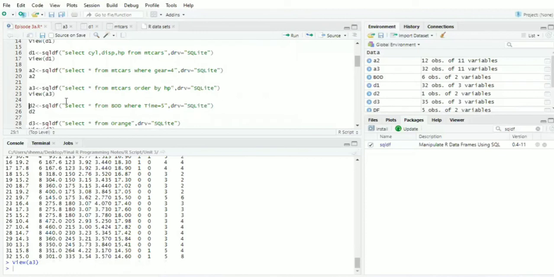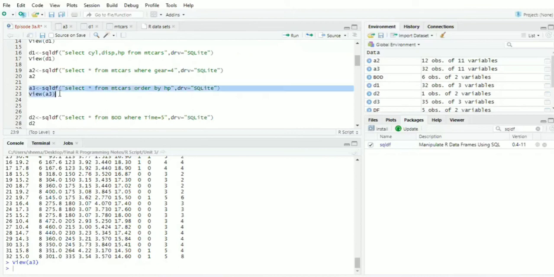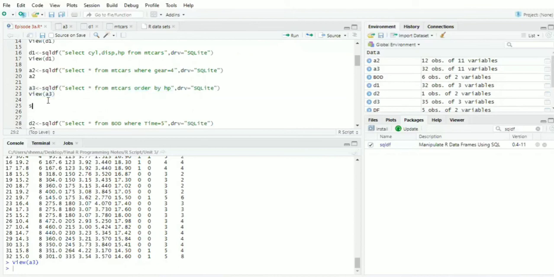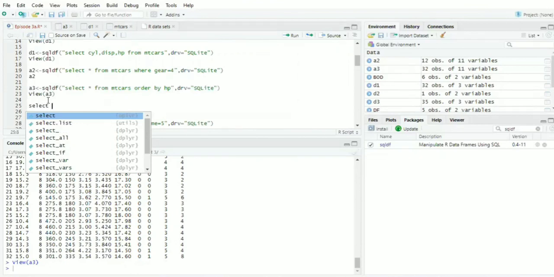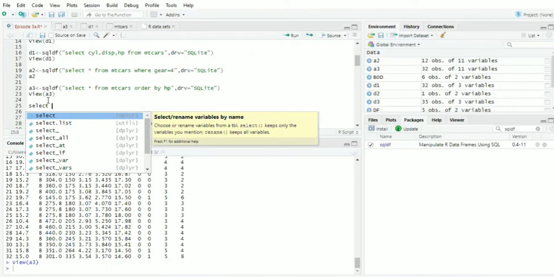For that there is a function called group by. So first of all I will write my select query.